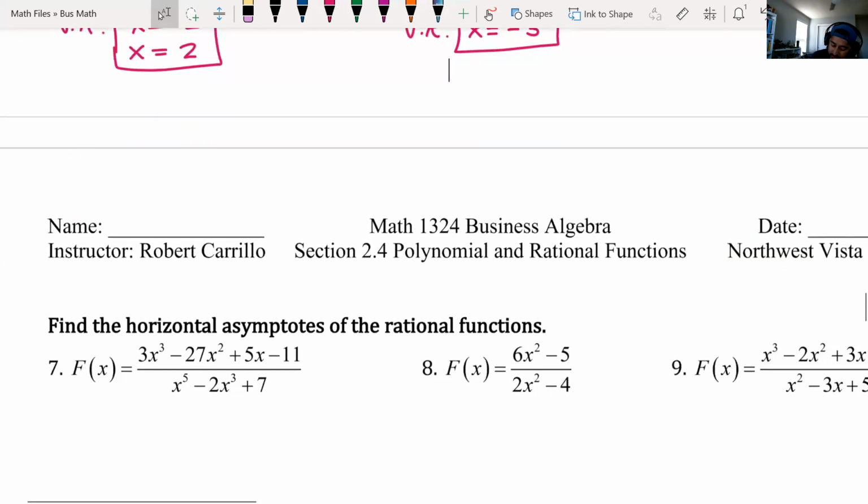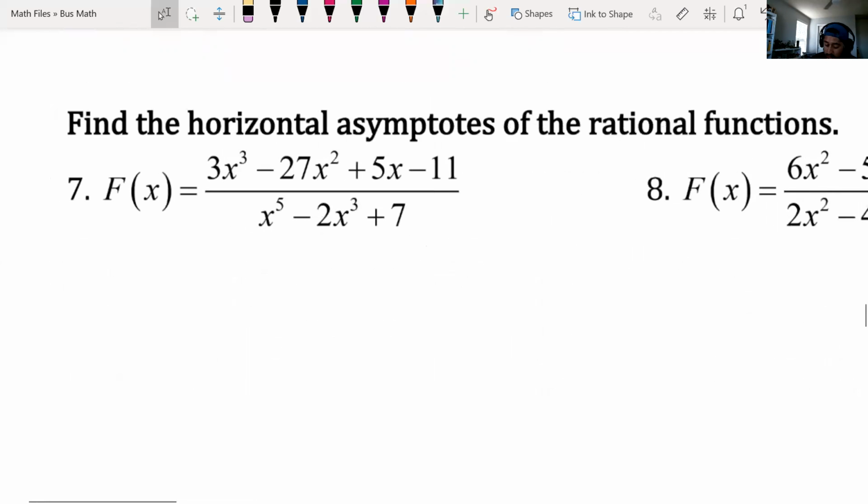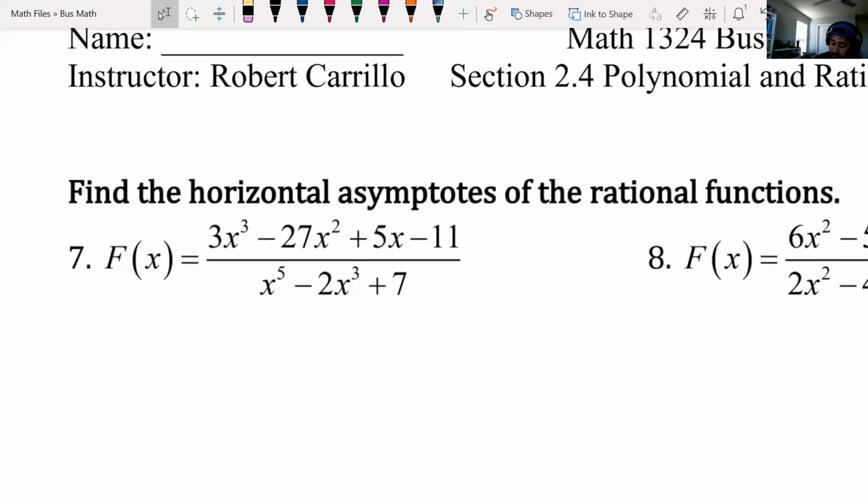All right. The next examples are finding the horizontal asymptotes of the rational function. So here's where we're going to look at the rules 1, 2, and 3 for horizontal asymptotes. And we're going to look at the degrees of the numerator and the denominator. All right. So for 7, we have 3x cubed over x to the 5th. I'm not going to read out the rest of it because, again, we're only looking at the leading terms. Okay. So in my leading terms, the degree of the numerator is 3. And then the degree of the denominator